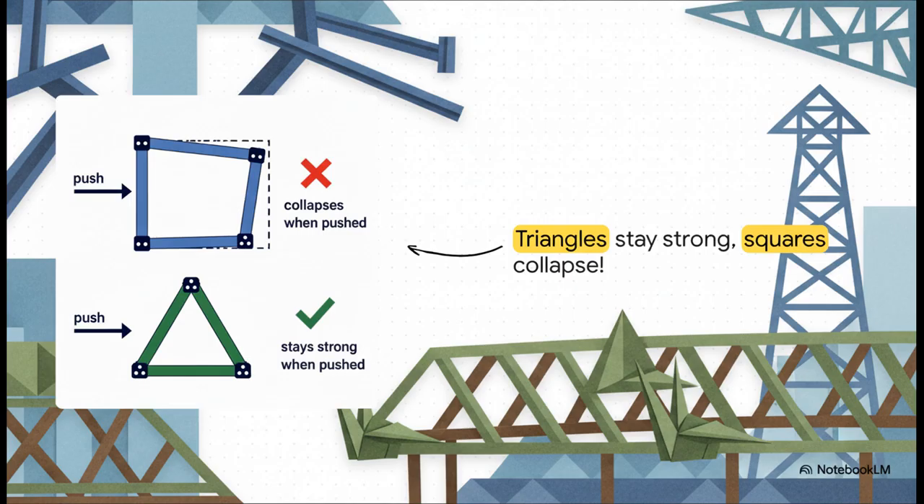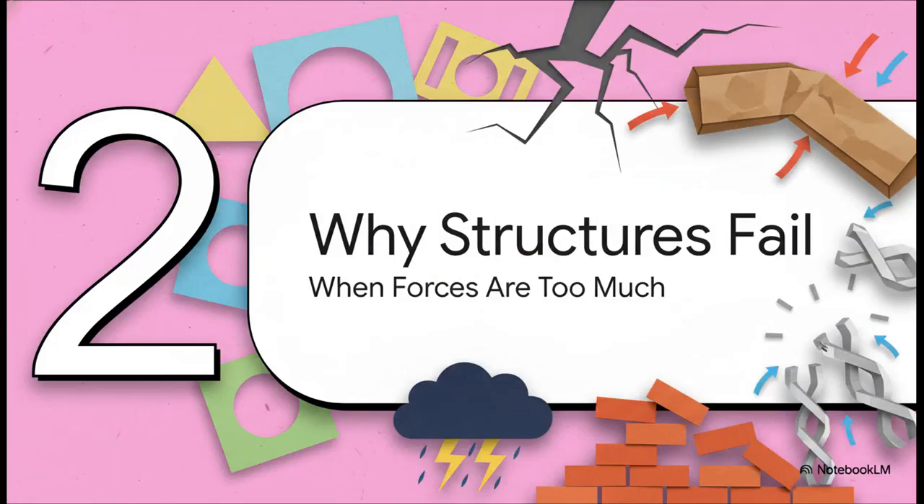We call this triangulation. A triangle is literally the only shape that cannot be pushed out of shape without breaking the material itself. When you push on it, the forces are perfectly shared by all 3 sides, so it locks perfectly into place. And that, my friends, is exactly why you see triangles everywhere in heavy roofs and those massive tall cranes. All right, now that we know our hero shapes, let's flip to chapter 2 and meet the villains,